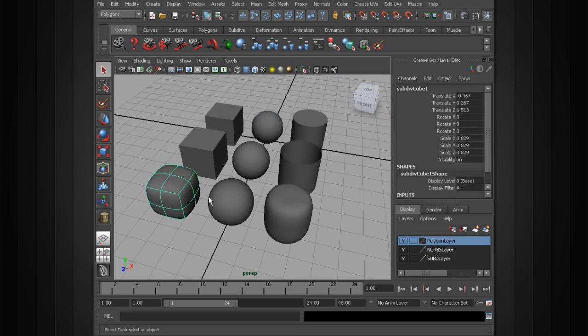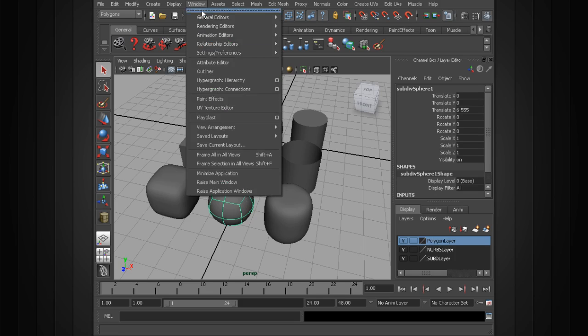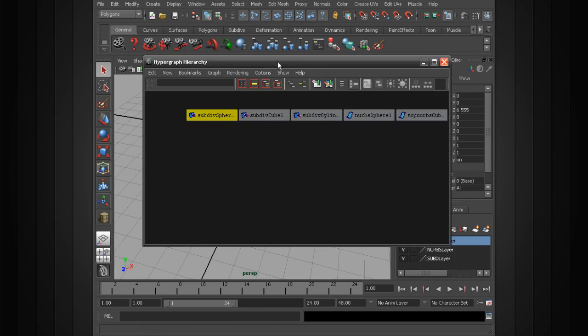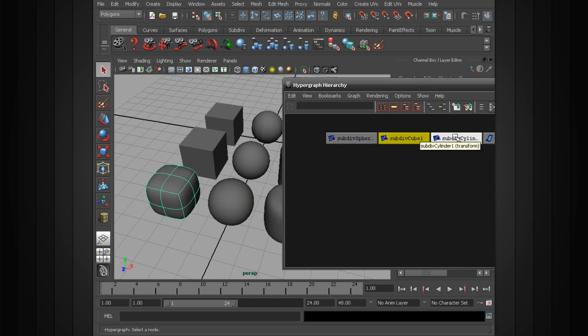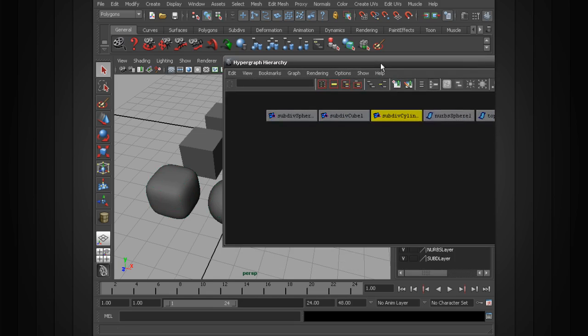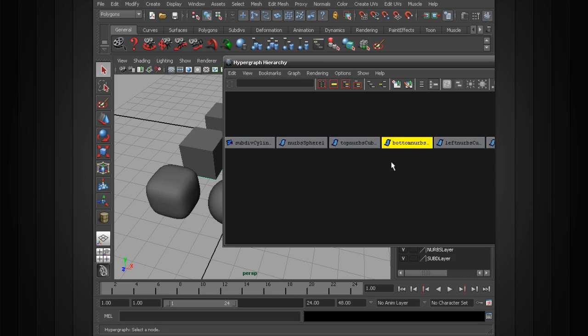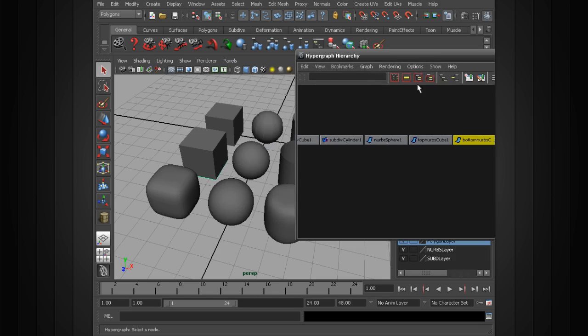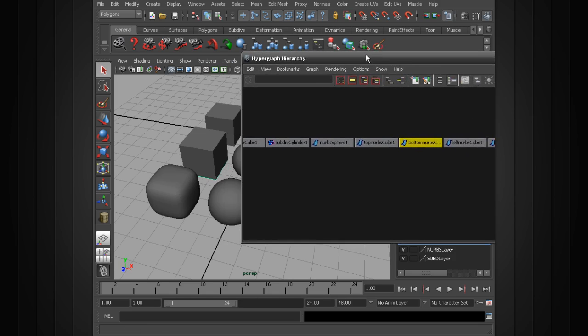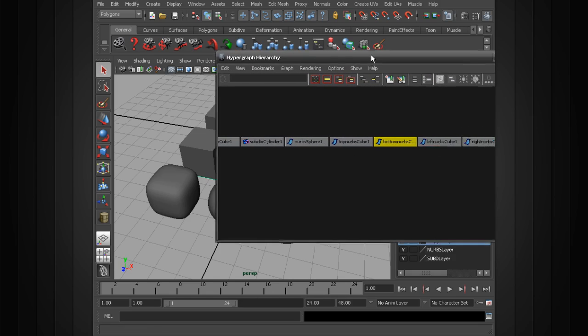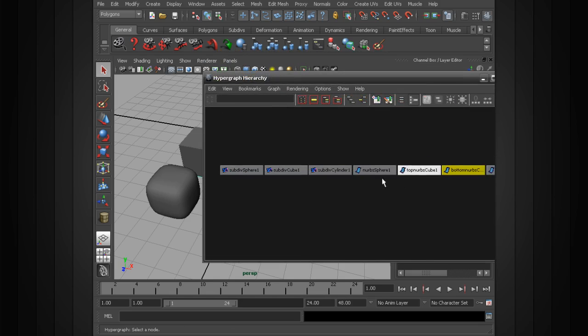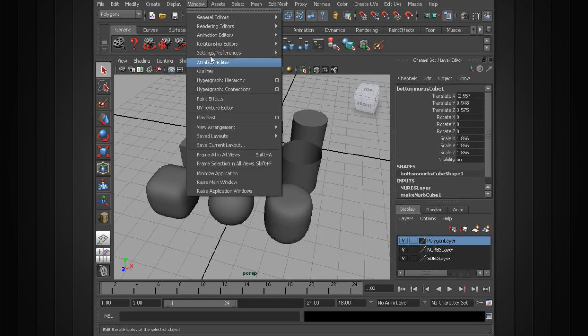Now we can also find these in Maya. Everything is basically a node, and so to find the nodes here and start to parent things together, and we'll talk about that a little bit later, we can go up to Window and go to Hypergraph, and you can see that all of these objects are associated with a node. And so you won't really need to know too much about the nodes themselves until you start parenting and grouping everything together. And then you want to be able to organize your model, and you'll do that either in this hypergraph here with these nodes, or we can also go into the outliner,